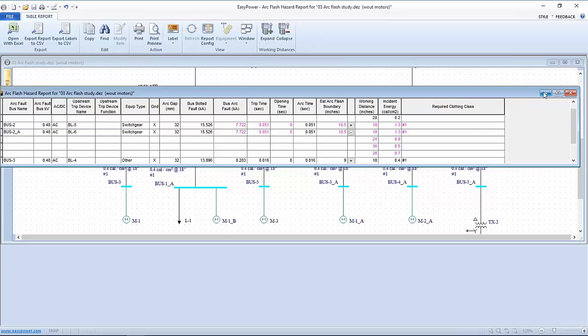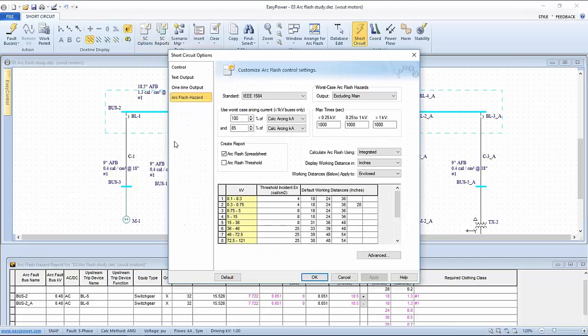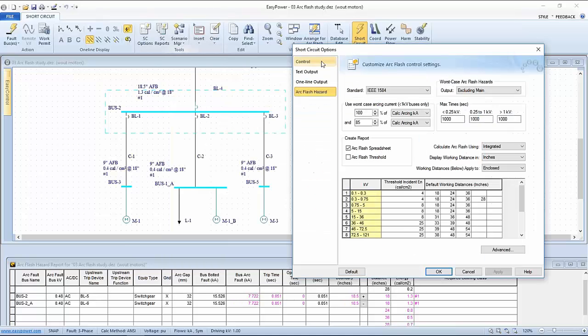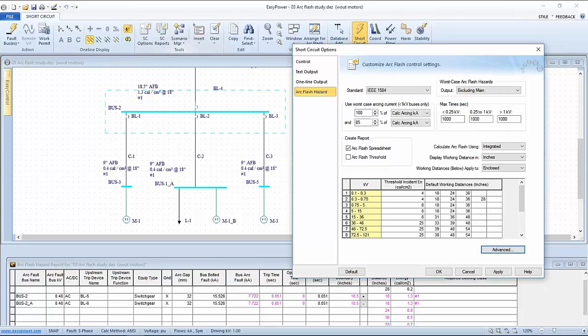Now, one thing that I want to point out while we're here is that I've picked up and I'm using an example that was made sometime prior to 2015, and I say that because I'm seeing the PPE displayed on each of the buses. Well, that's, again, not allowed in 2015 studies and beyond, and EasyPower allows me to control that with the option here under Advanced. So I'm on the Arc Flash Hazard tab of the short circuit options. If I click on Advanced,